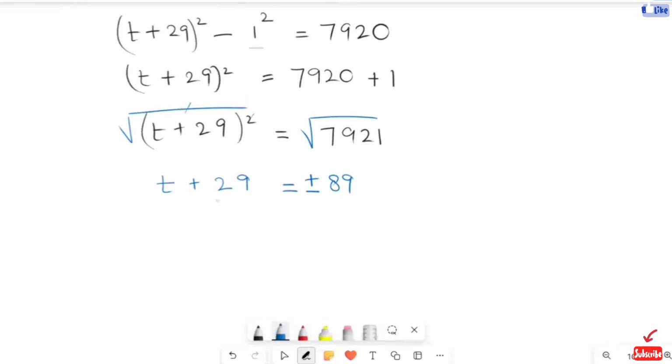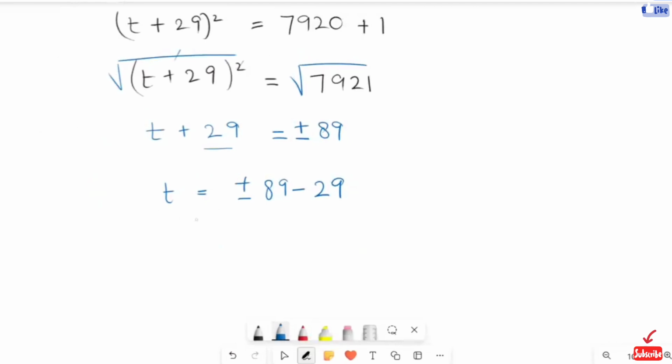Now here I am going to take this 29 to the right hand side. t is equal to plus minus 89 minus 29. Now here we get t1 and t2. t1 we have 89 minus 29, and t2 we have minus 89